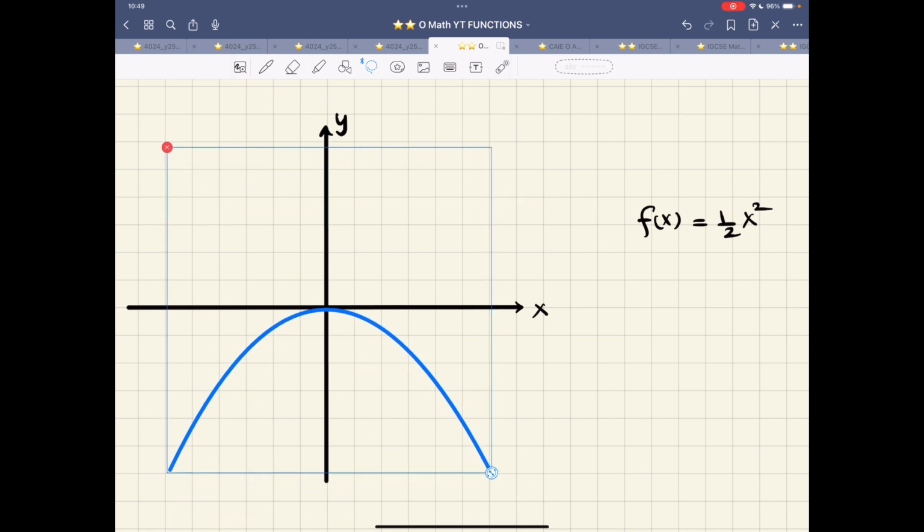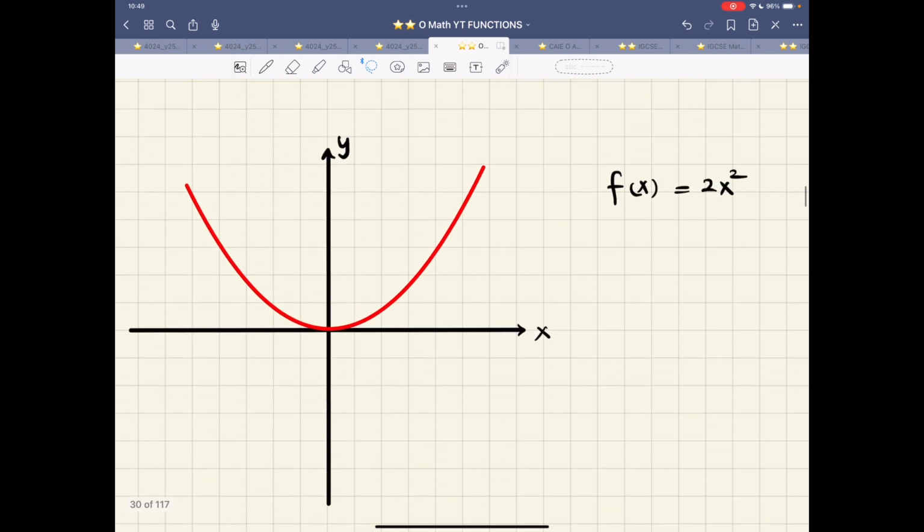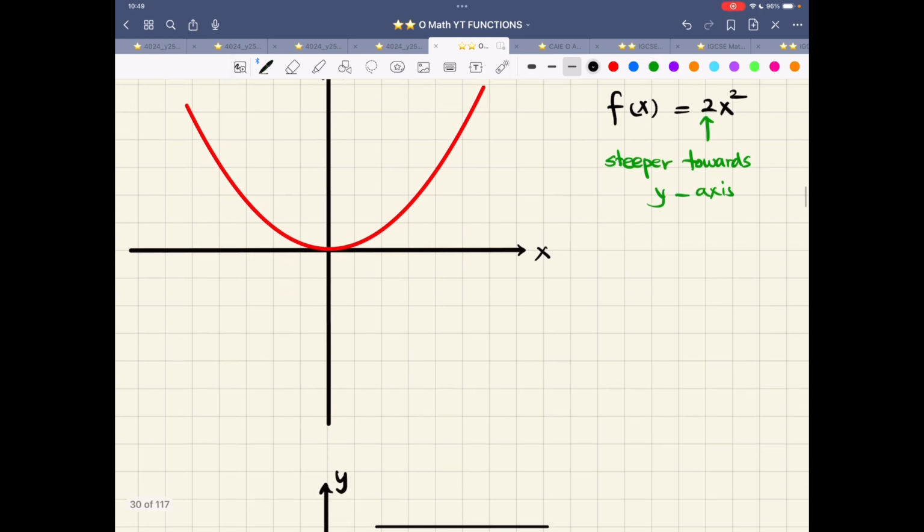And now I'm interested in 2x square. Now if I'm interested in 2x square, the graph will get steeper towards the y-axis. Why will it get steeper towards the y-axis? Let's take a very simple example. If I take x is equal to 2, then y is equal to 2 square, that is 4. If I take x is equal to 2, y is equal to 2 times 2 square, that will come out